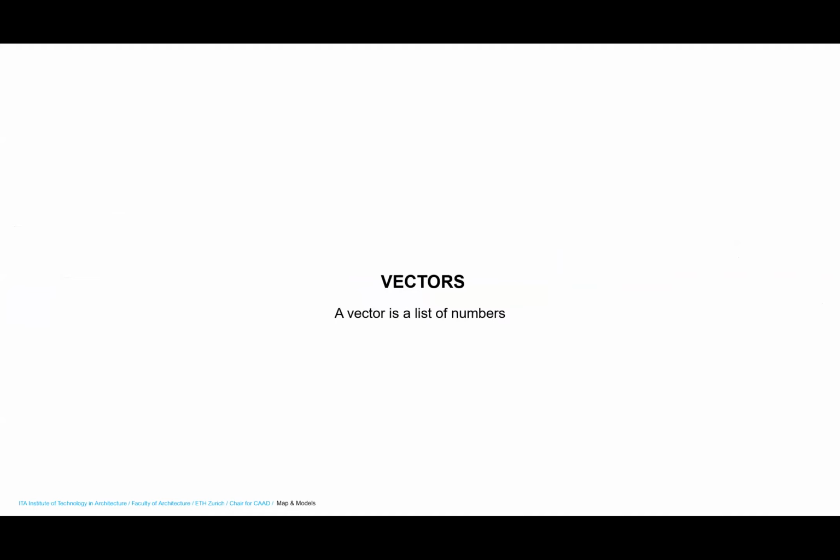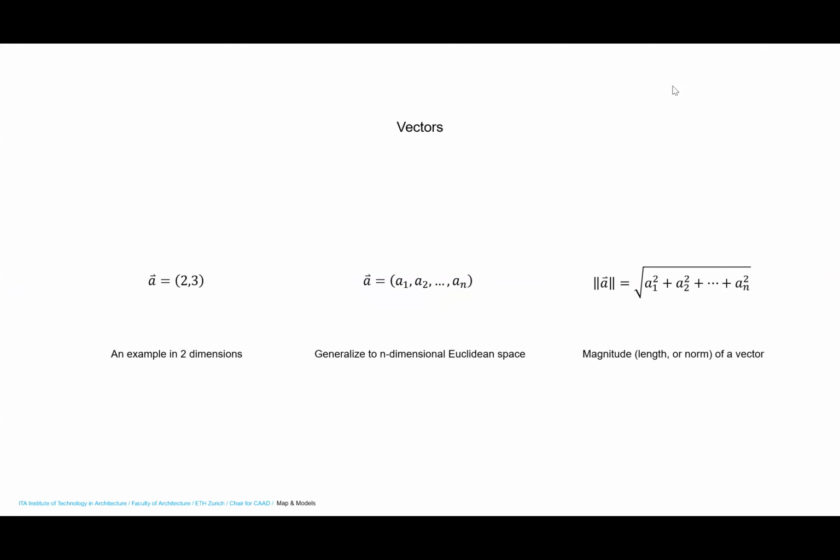So let's start. Vectors. A vector is a list of numbers, as we learned in maybe high school. So this is what we learned before. For example, on the left is a two-dimensional example. So you have two numbers, 2 and 3. And then this kind of vector can be generalized to any dimension. We call it n-dimensional Euclidean space. So it depends on how many individual numbers you have. You have different dimensional